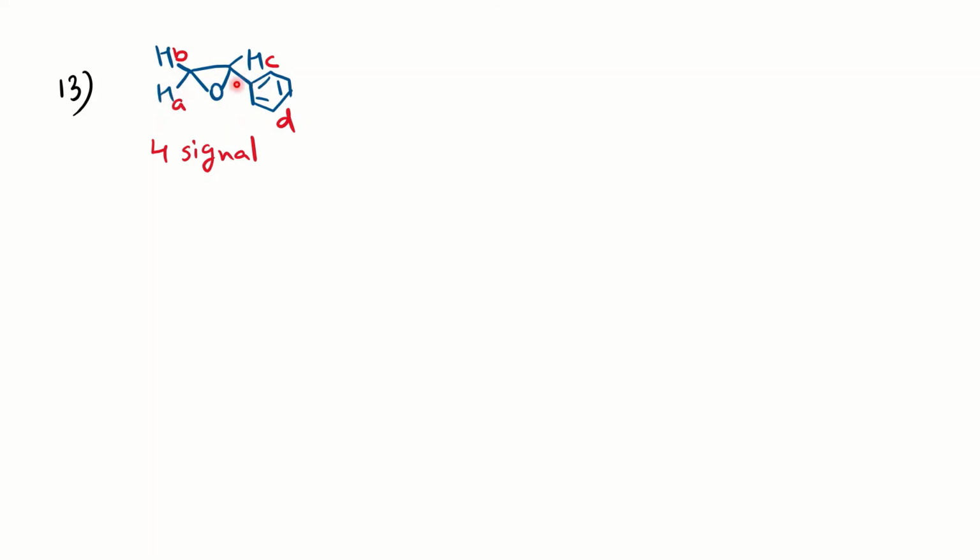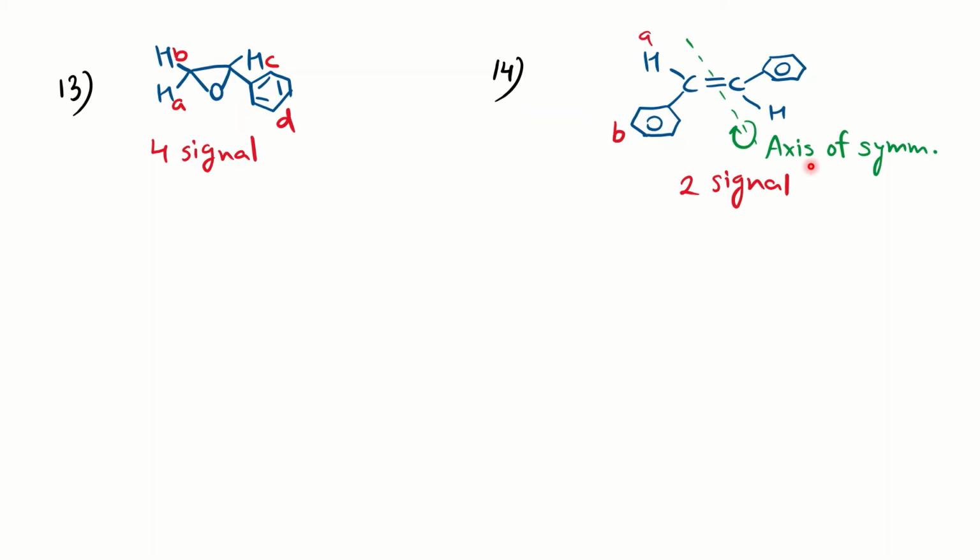Here again, if you get any problem which has a 3, 4, 5 or any membered ring, you open the protons to find out the position above and below the plane, and then you can find out the chemical equivalence and non-equivalence. In this example, you can see the molecule has an axis of symmetry, and so only half of the molecule is going to show you the signal. So 2 distinct environments, you will get 2 signals.